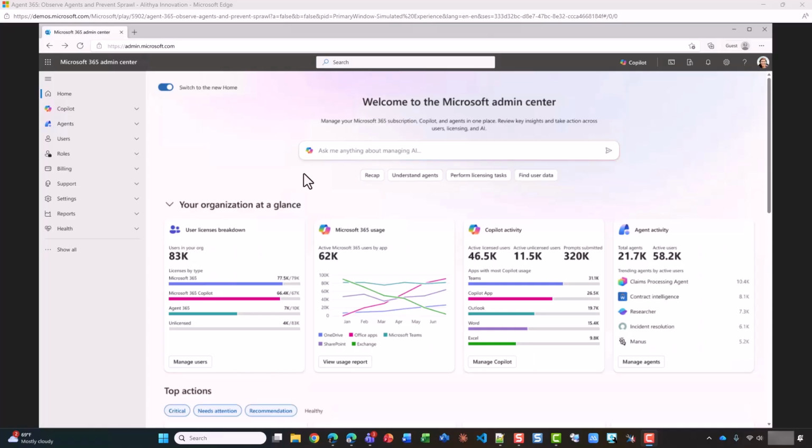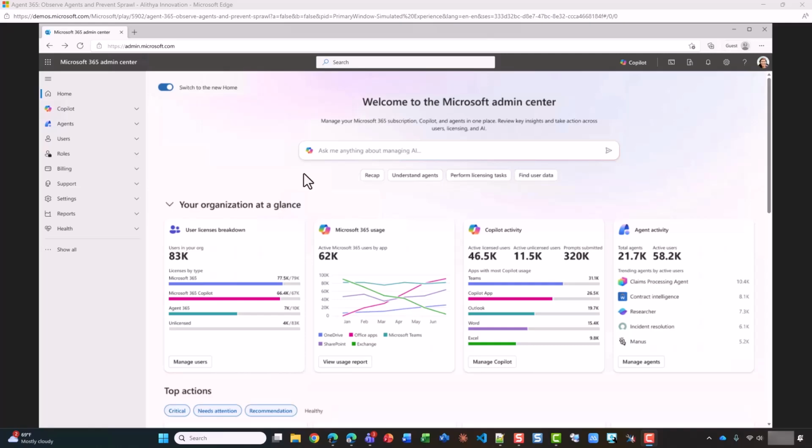Agents are becoming ubiquitous across every team and every AI platform. At Zava, agents are built everywhere, in Foundry, in Copilot Studio, and partner ecosystems. That velocity is exciting, but when agents live across platforms, a lack of visibility quickly turns into operational, security, and governance risks. This demo shows how Agent 365 gives organizations the observability, governance, and security required across teams to operate